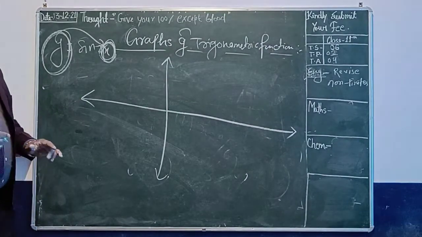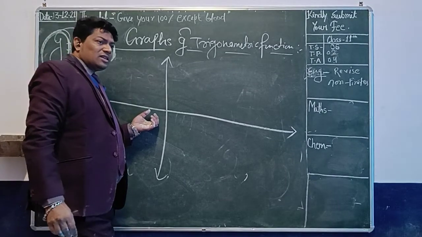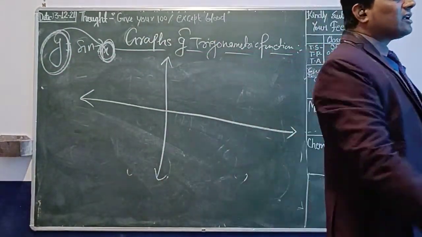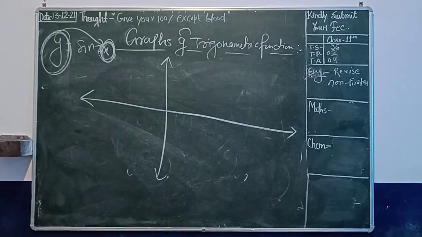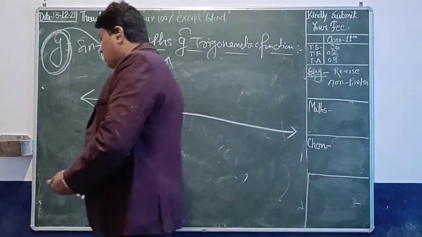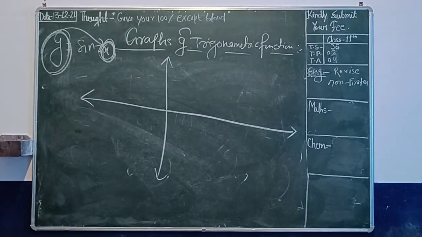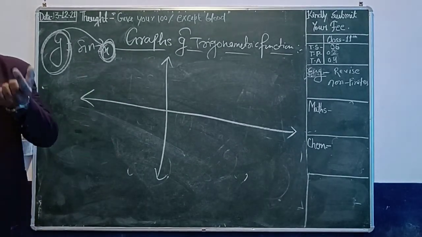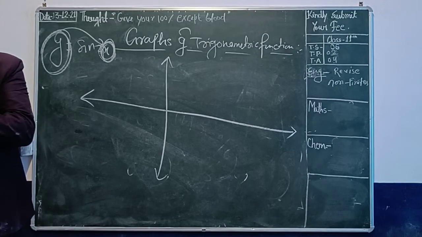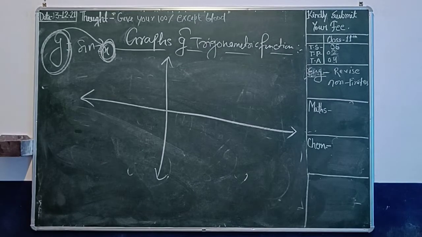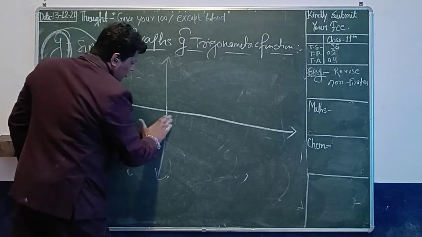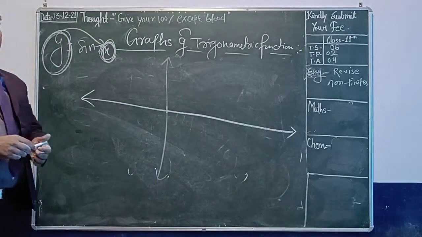Is it clear? So sin 0 you are getting 0. If you start from pi, that is also 0, because 2 pi is 0. So simply when you talk about this diagram, when you take sine pi, sine 5 pi by 4, sine 3 pi by 2, 7 pi by 4, 2 pi you will get. For this we have to drop the cross because at sine pi it will also be 0.